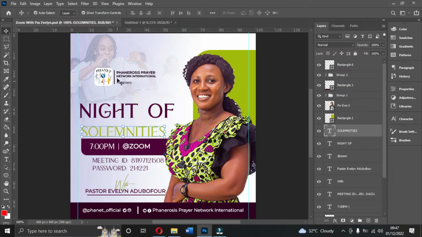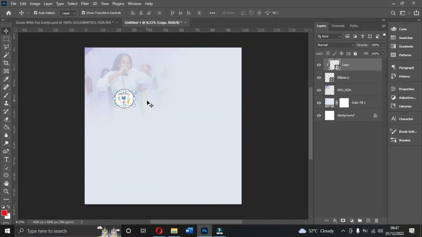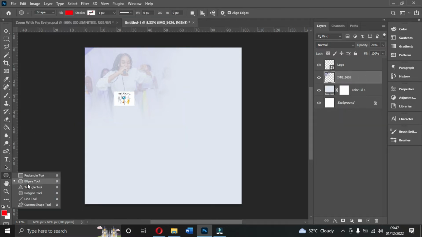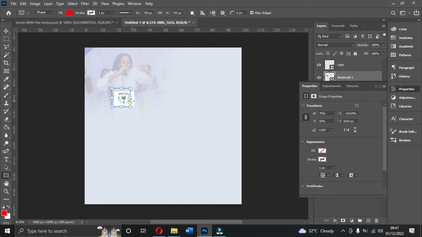So you could see that over here I didn't do an ellipse. If you want an ellipse, or if you want us to also maintain it, let's maintain what I did over there. You know how to do this, so I went in for this, I drew the shape, and then what I did is